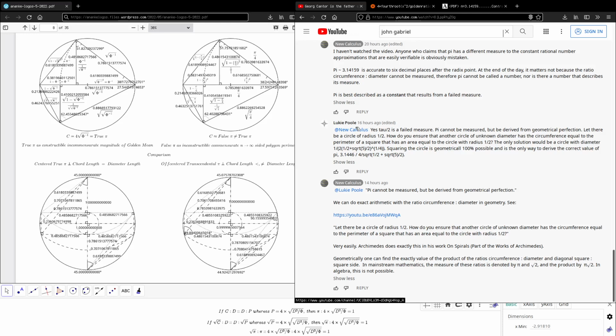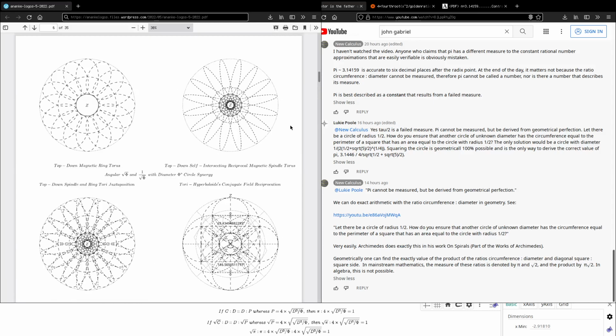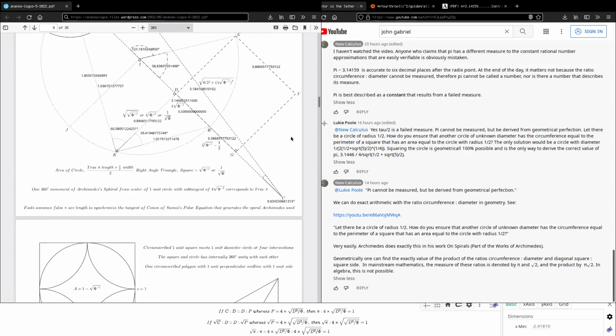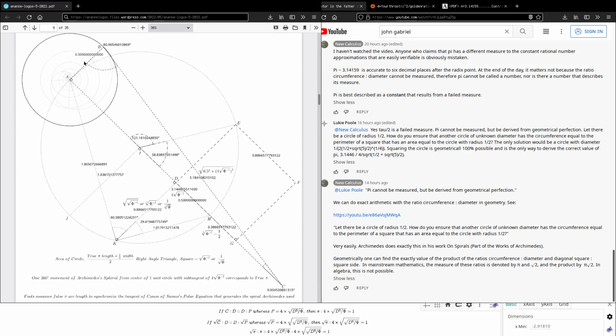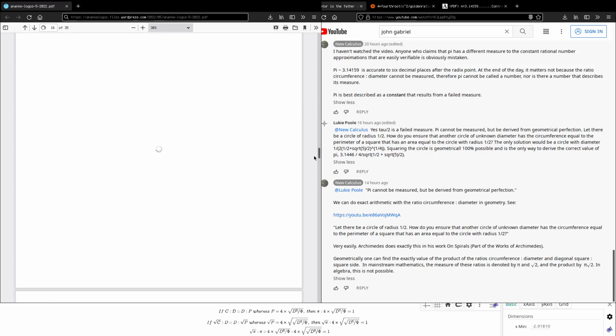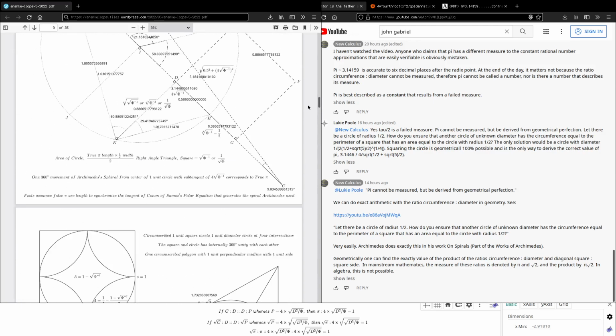Luki Pool's head and John Gabriel's head, which, to be fair, he is technically correct that Archimedes actually did geometrically come to the specific answer, the geometric answer to the squaring the circle thing using the Archimedean spiral thing. And I'm not gonna explain all too much in here, but